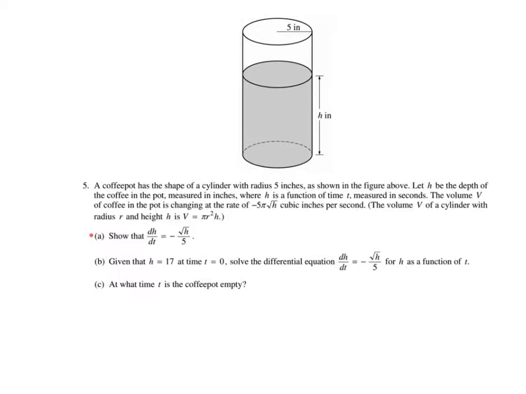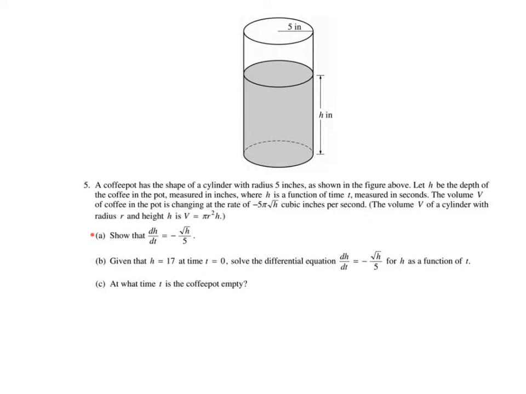So in this problem, they give us a couple of things. They give us that the radius is 5 inches, and they give us something about the rate of change of the volume. So V prime is negative 5 pi square root of h. So for part A, they want us to show that the rate of change of h with respect to time